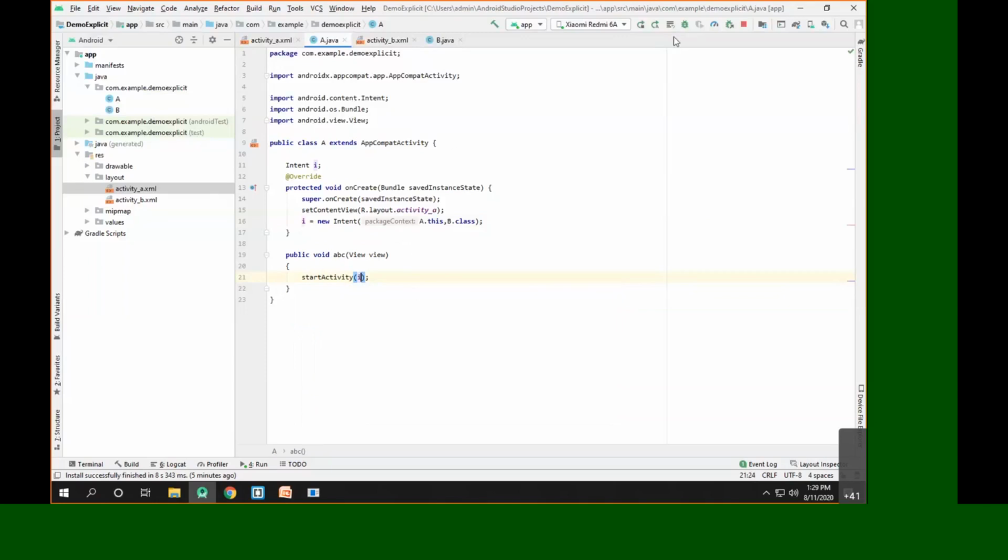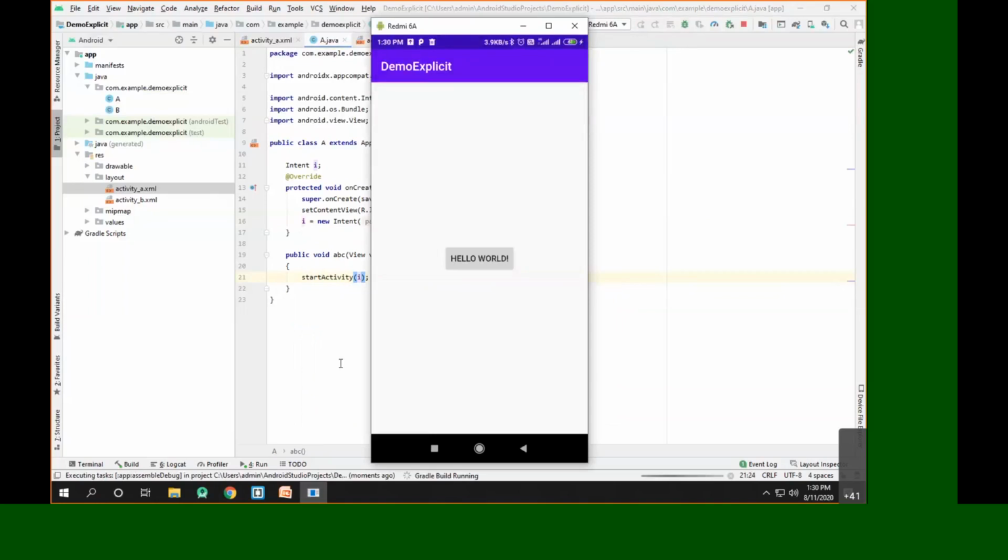Now we'll try to run this code and see what happens. As you can see, the project is building.